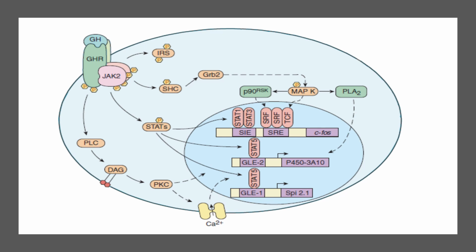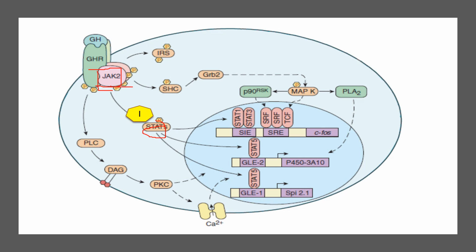First come to the JAK-STAT signaling pathway. We can see here JAK2. JAK2 is a member of the family of cytoplasmic tyrosine kinases. It is known as Janus kinase. It is associated with, but not an integral part of, the growth hormone receptor. So this is the growth hormone receptor, and JAK2 is associated with it. Now STAT is the signal transducer that activates transcription. STAT is a transcription protein.